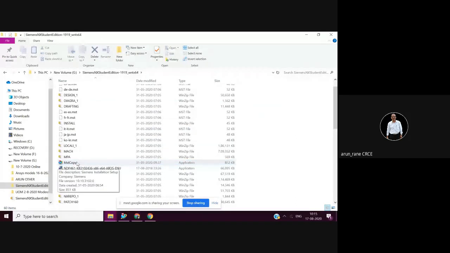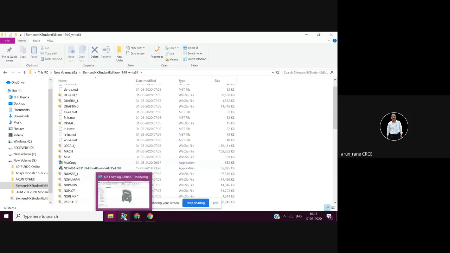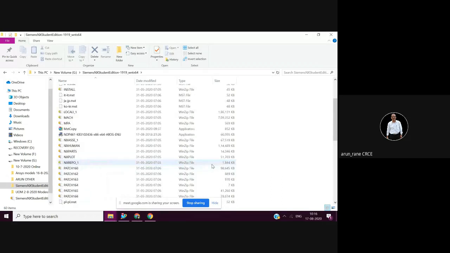Once you successfully download and run the setup, you will get a symbol like this in your root directory, a globe with a red triangle. You can see it here. I have pinned it to the taskbar. So this is one application file. We have one more application file here, that makes two. Then you have one more setup file. This is an application. So out of so many files, you have to look for this application file. And then you have this, which is for the Windows installer package.